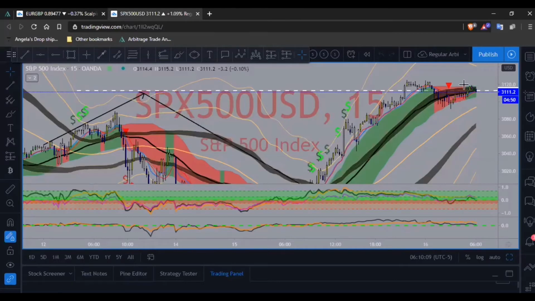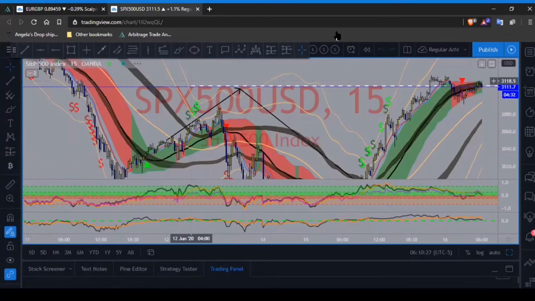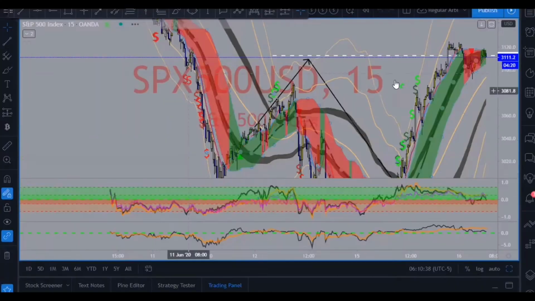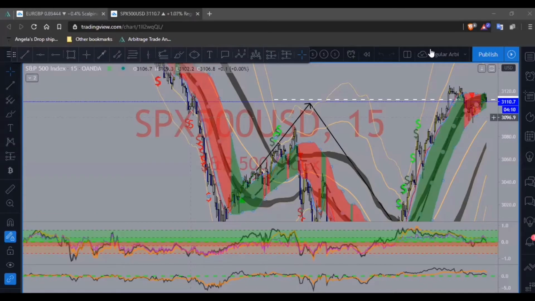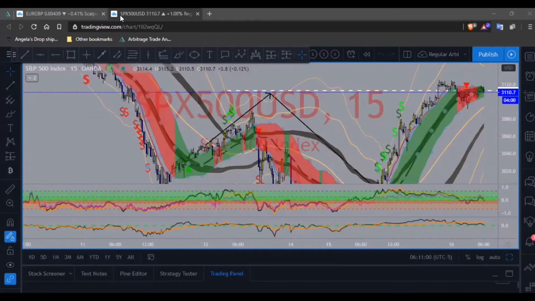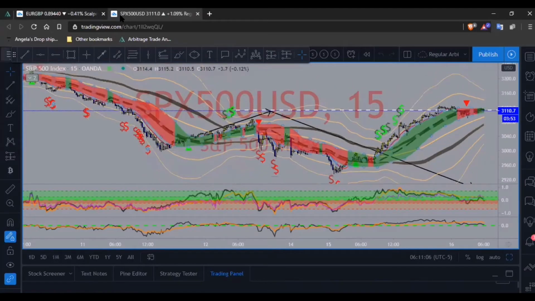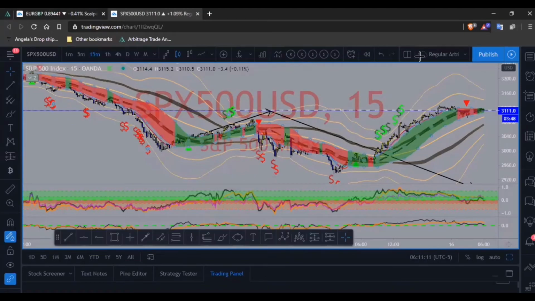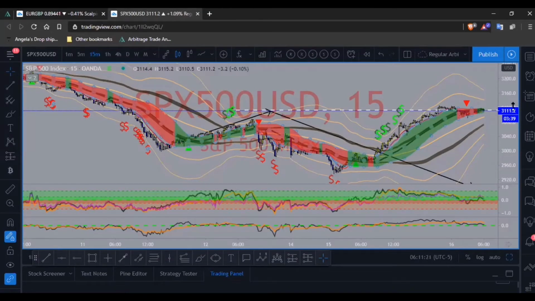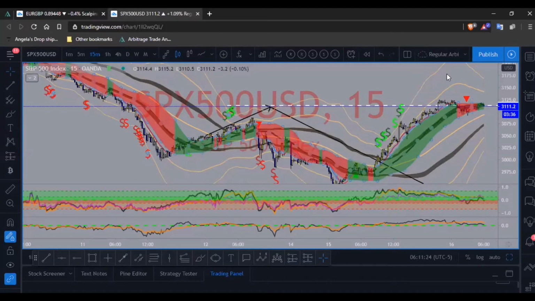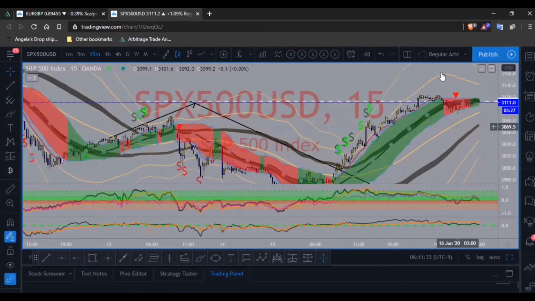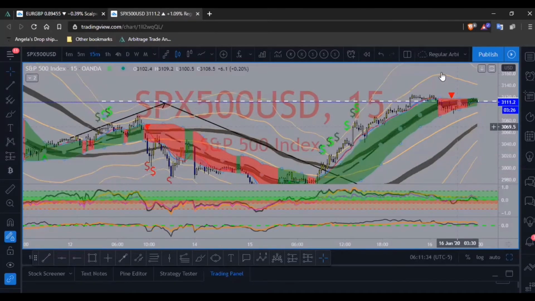So first things first, I want to actually talk about SPX 500. I actually remember it was acting up, and now it's good. I just have a lot on, I need to record so many of these. So SPX 500, I called for